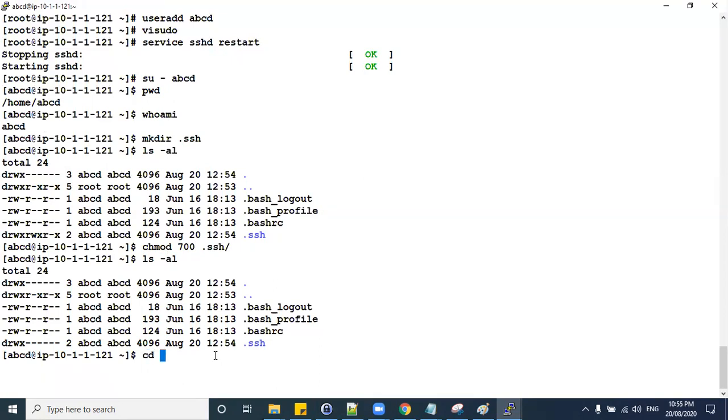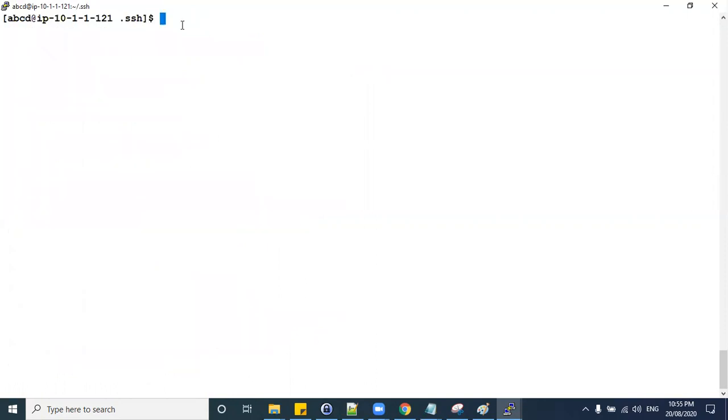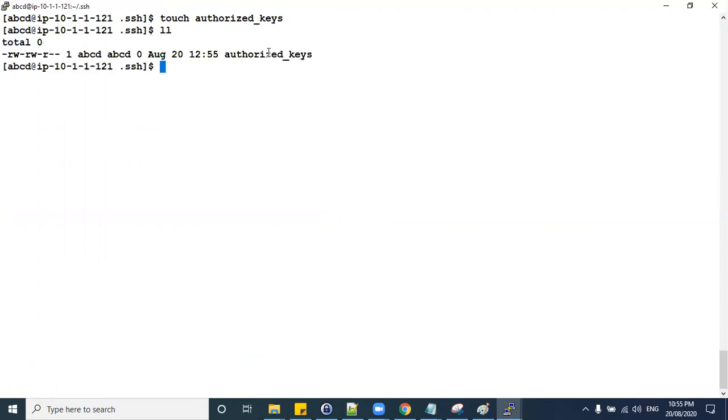This is a bit tricky. Even I tried a couple of times, then only it worked. So touch authorized_keys. Maybe while copying we copied a space here. Let us see, touch authorized_keys. chmod 600 to authorized_keys.